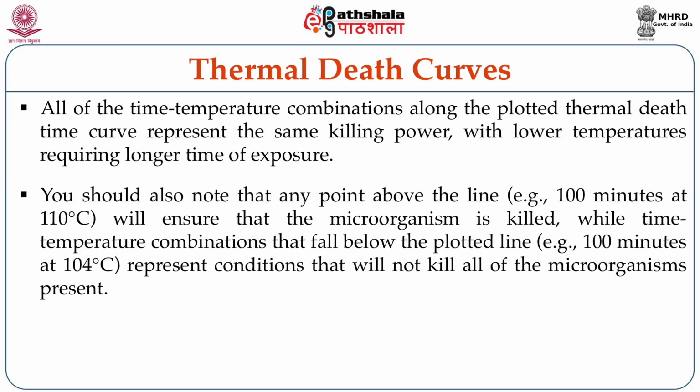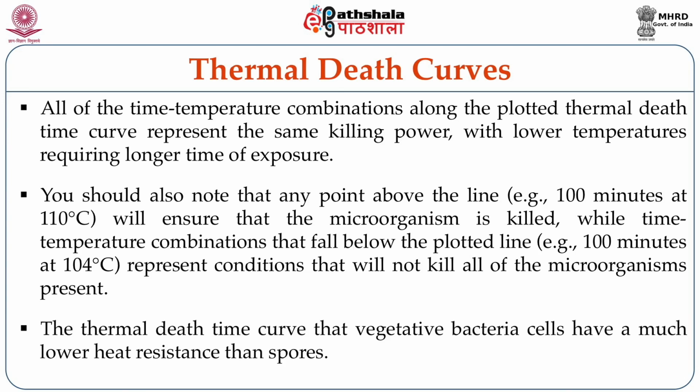One should also note that any point above the line, for example, 100 minutes at 100 degrees centigrade, will ensure that the microorganism is killed, while time temperature combinations that fall below the plotted line, that is 100 minutes at 104 degrees centigrade, represent conditions that will not kill all the microorganisms which are present in the food